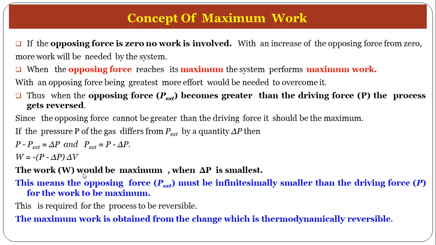So the work will be maximum when delta P is smallest. What is this delta P? Since the opposing force cannot be greater than the driving force, it should be maximum. So this delta P is the difference between P and P external. It is if the pressure P of the gas differs from